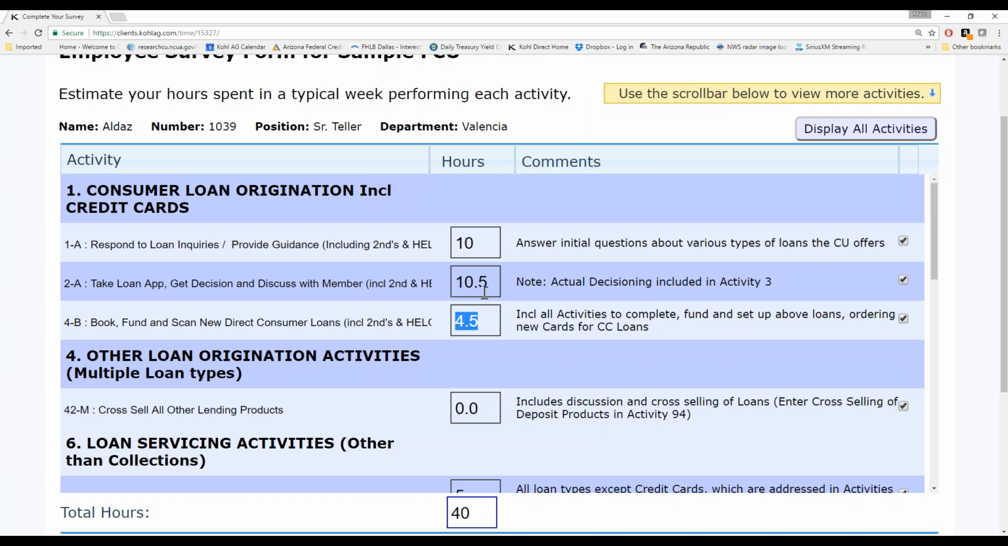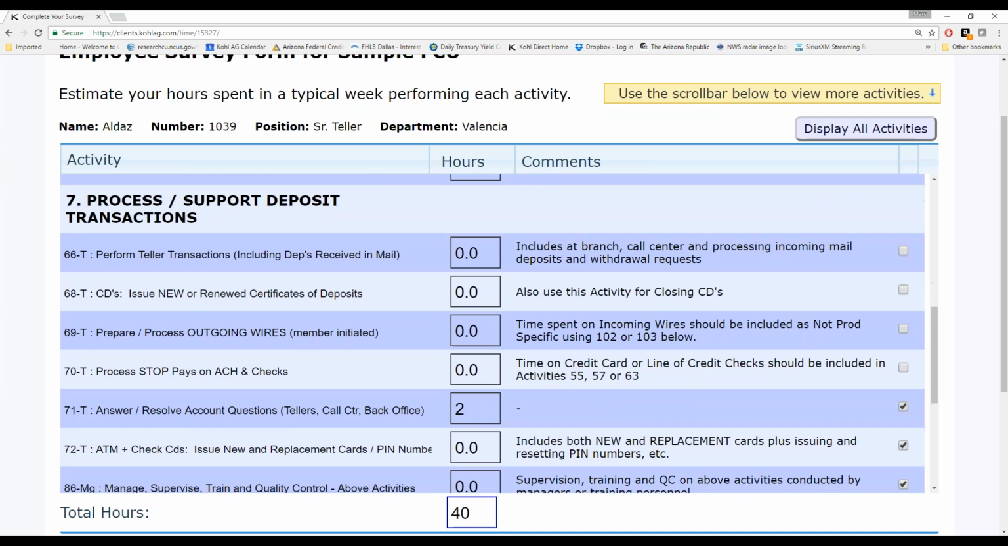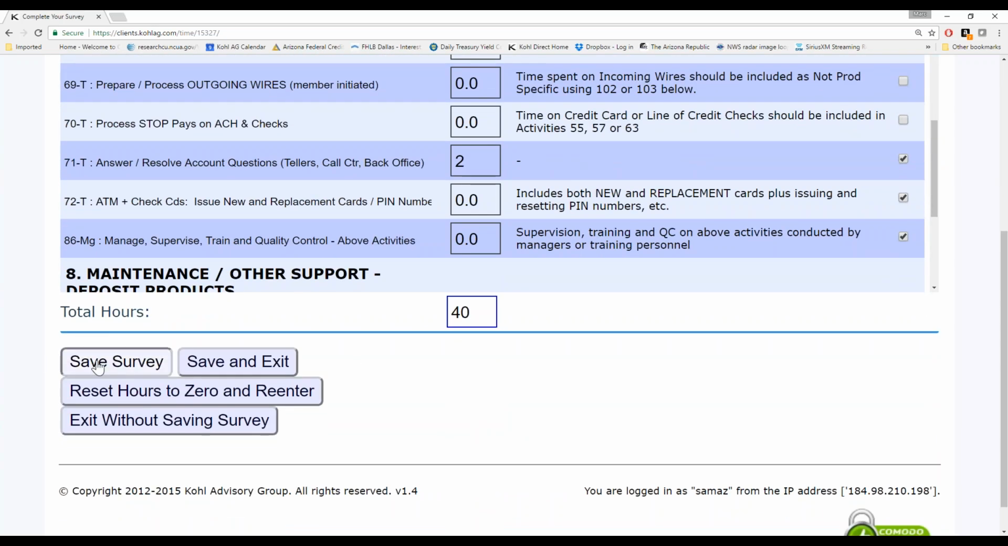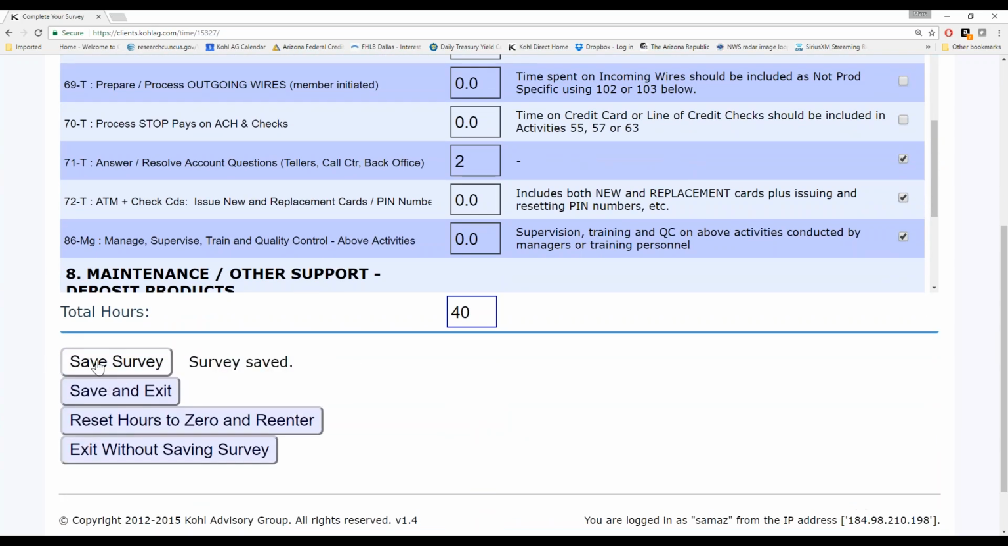So we really have you focus on a half an hour. You certainly can put in different time, but really anything that takes more than half an hour a week is what you want to focus on. Once you're done, you can scroll to the bottom of this, and like most computer programs, you can save the survey as you go along. If you really messed it up and want to start over, you can do that, or you can save and